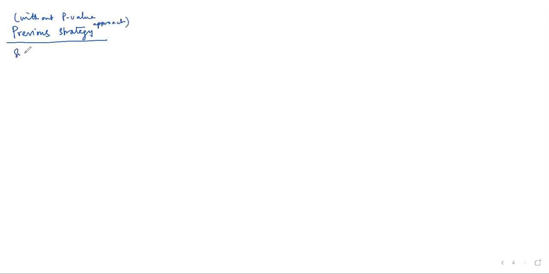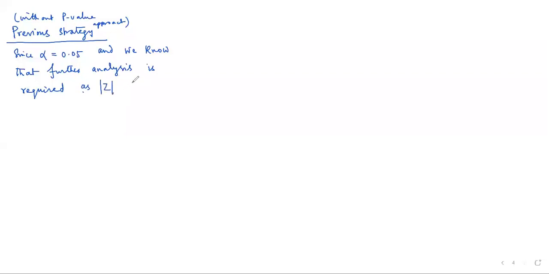Since alpha is set at 0.05, and we know that further analysis is required, as mod z is less than 3, we find that